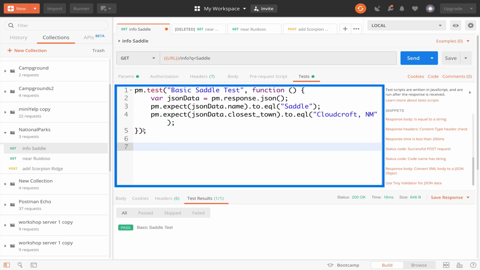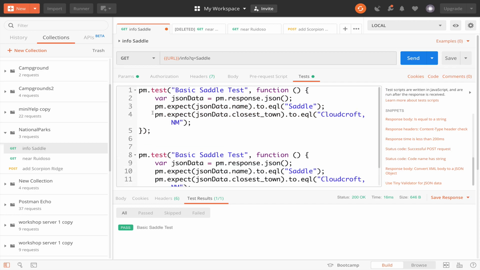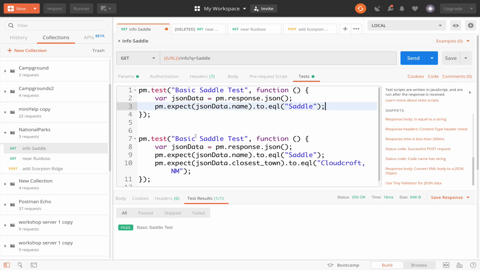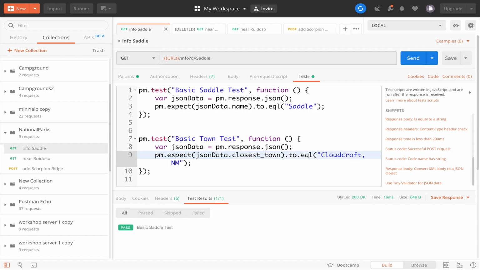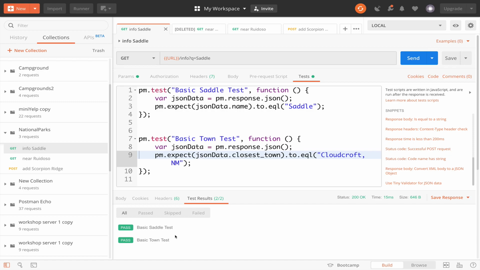One other option I could have done is, let me just copy this, and just do each test separately. So I want to check to see if saddle is there and if the town's there. So let me just delete this one. And I can get it past 2 tests. So it's a bit up to you how to organize it, but that shows you the basic idea of how